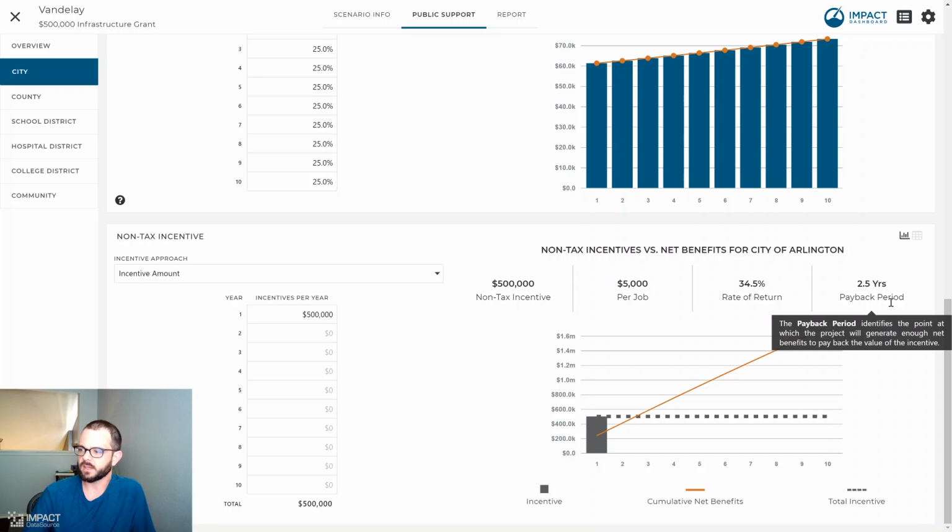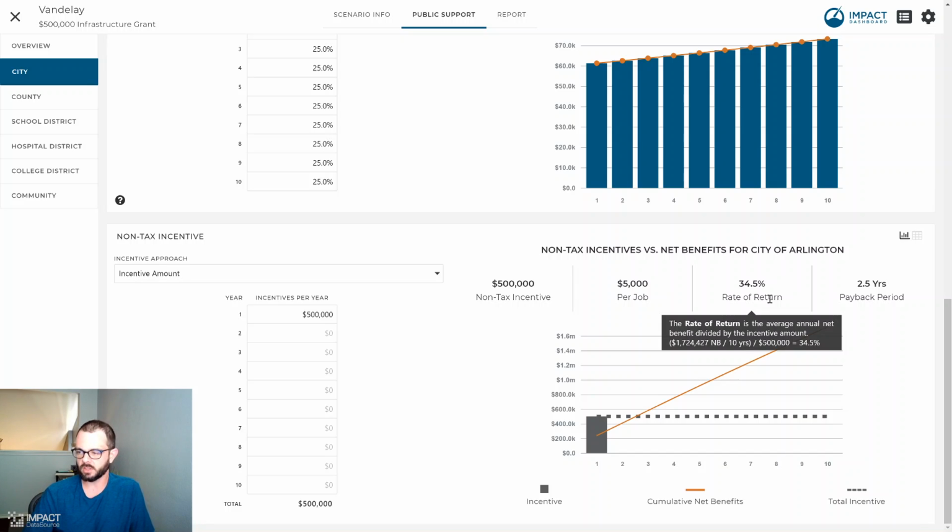So that's the one criteria here, the one incentive calculation that we make. The other that we can see here is rate of return. And so this is where we're looking at an average annual rate of return over the period. In this case, the project is generating $1.7 million over 10 years. And so if we took the average of that, maybe that's about 170,000, let's call it. And that's on an investment of 500,000, so that's about 35% as an average